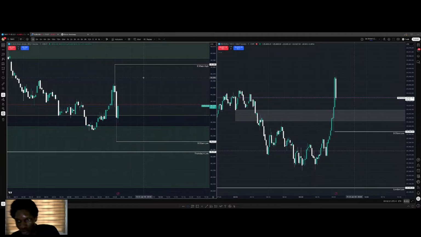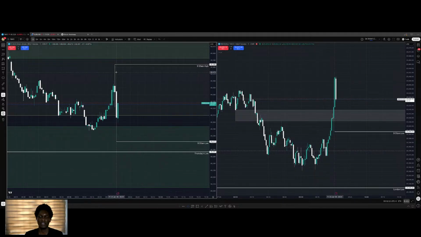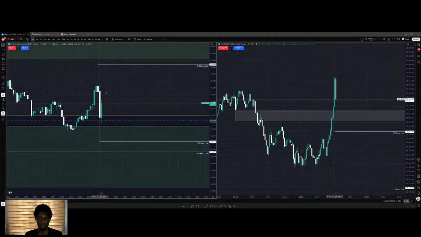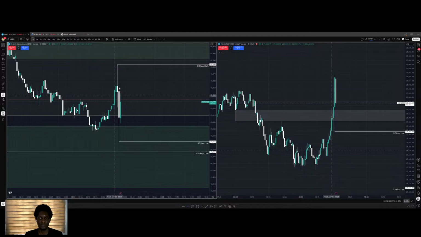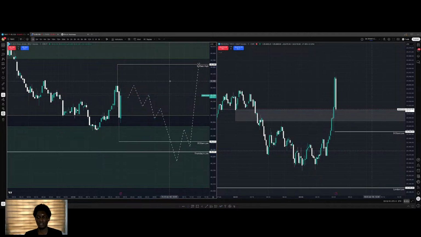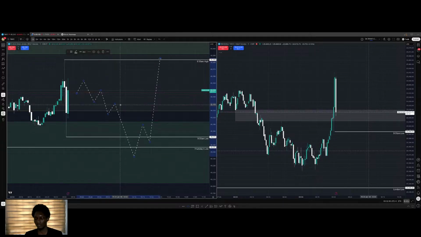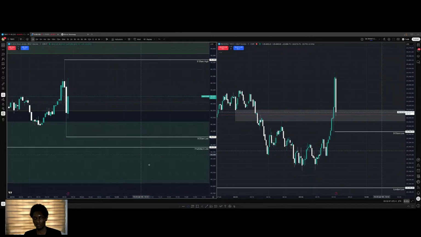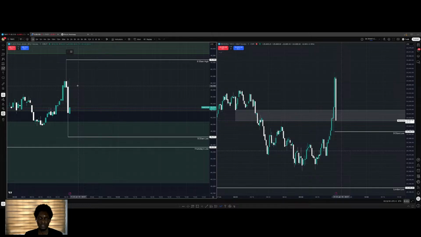Okay, so we've created AM high, AM low. Let's say we created two weeks. Ideally, I want to respect this order block and trade down here. So I want to see something like this, then I'll look for buys. So let's see if we get that. If we don't and we get something like this, then maybe I'll look for sells. So let's see.